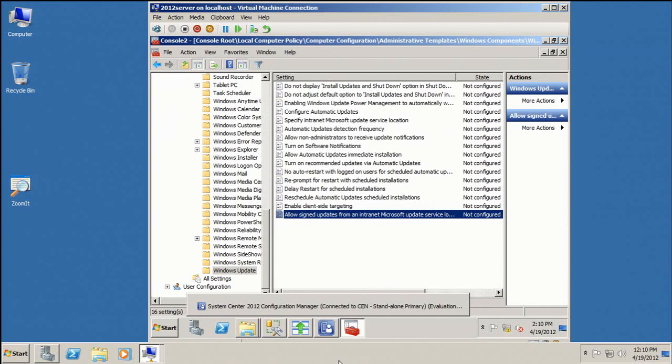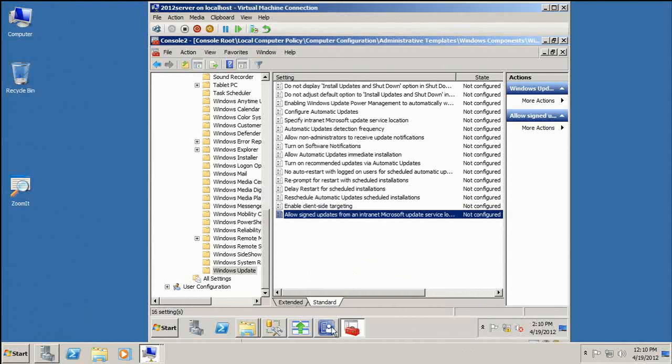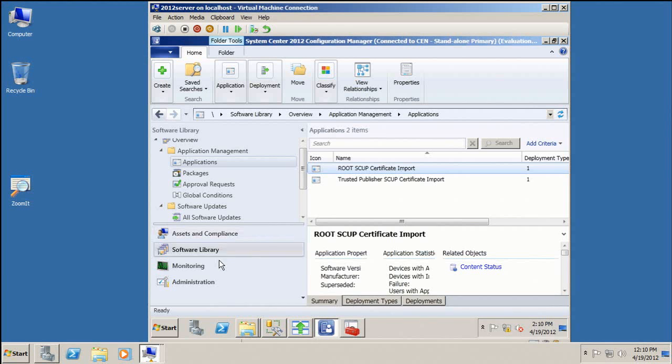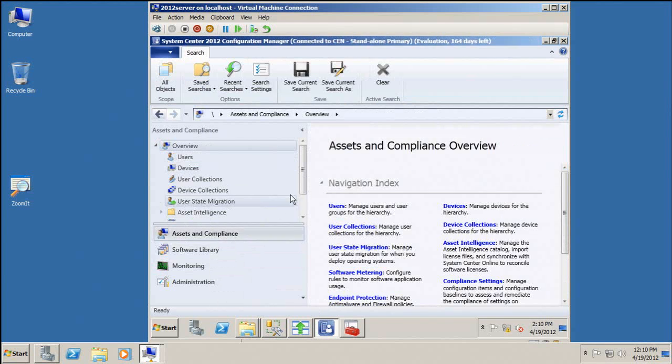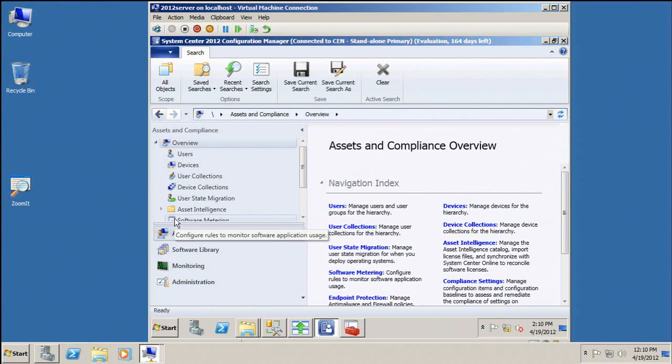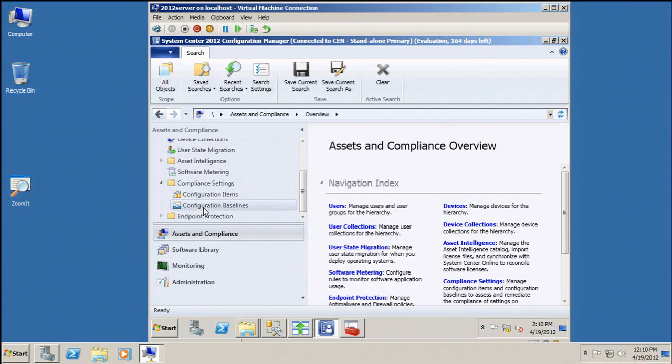Okay? So again, how do you get this out? Well, obviously, AD policy is one mechanism. Okay? But you may not want to use AD policy. You may want to use Config Manager. Well, we have options in Config Manager that are really cool to help you with this. So let's go look at it. So in this case, I decided to use compliance settings. You could do it several different ways, but this is just a cool way to demonstrate some of this. So if I look at my configuration item,